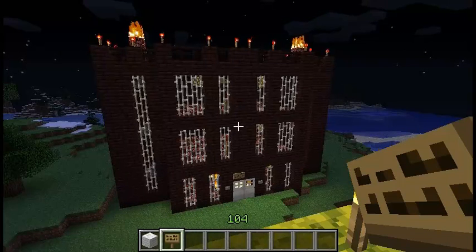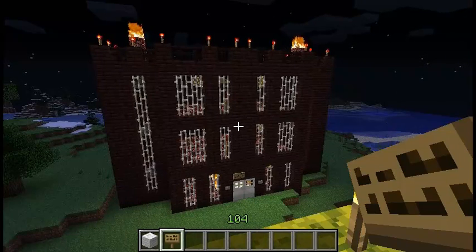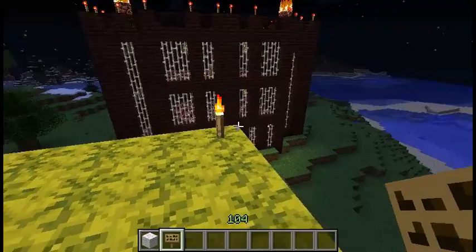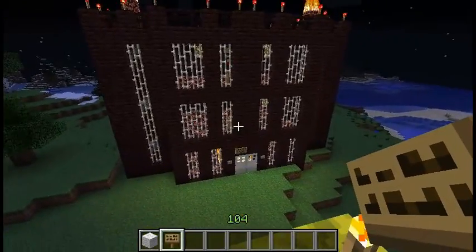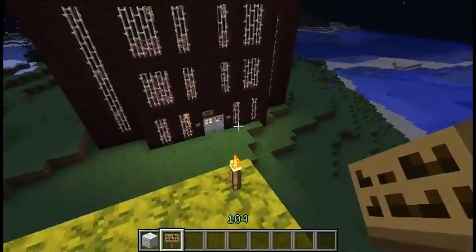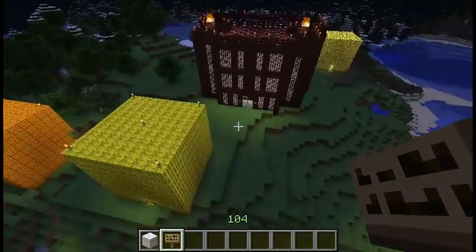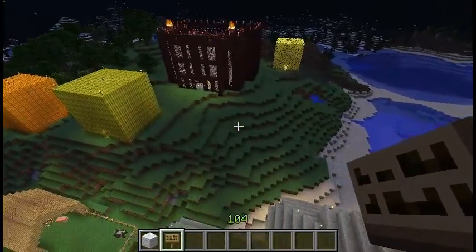It's interesting, it's got a theme to it. It's a nether theme. There's a lot of fire. It's kind of dangerous, and then there's portals to dangerous places, and then there's iron bars, and then it all looks kind of imposing and scary. So all of that is interesting. It all fits together.